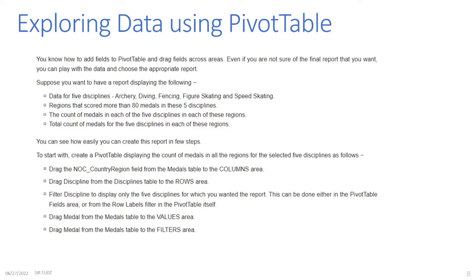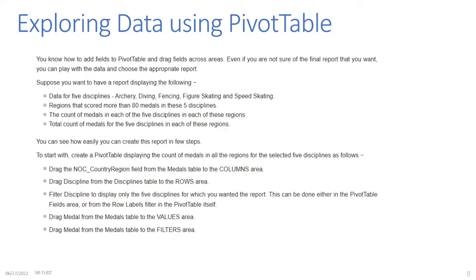Regions that scored more than 80 medals in these 5 disciplines. The count of medals in each of the 5 disciplines in each of these regions, and total count of medals for the 5 disciplines in each of these regions. You can see how easily you can create this report in a few steps. We start by creating a pivot table displaying the count of medals in all regions for the selected 5 disciplines